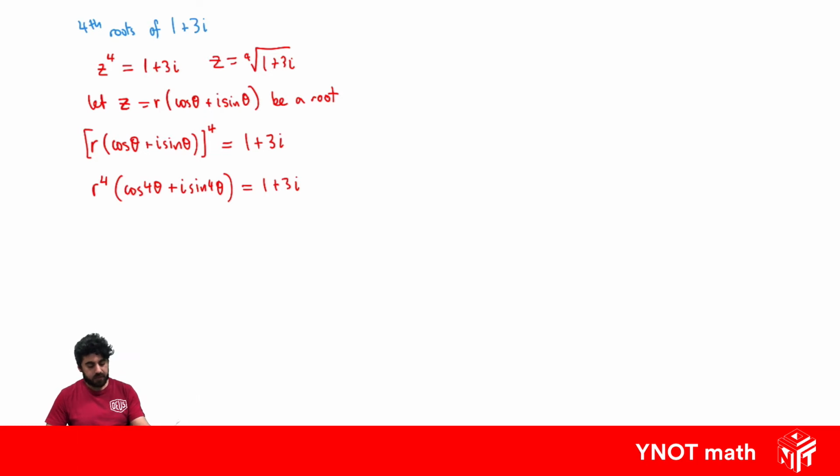Now, it'd be more useful if 1 plus 3i was in mod arg form as well, so we could equate the sides with each other. So we can go ahead and do that. We'll do it over here. We'll say 1 plus 3i. Let's find the modulus of this by doing the square root of 1 squared plus 3 squared. So we're just going to get,